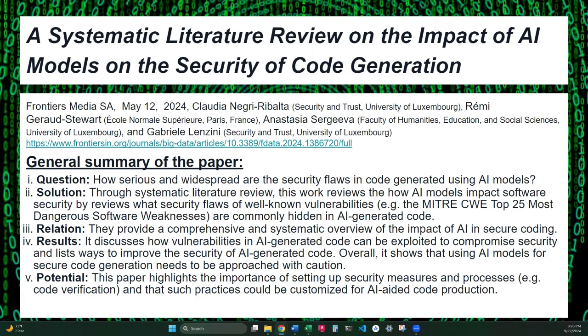But even though AI is not necessarily secure, does it perform better than humans doing the same tasks? This paper also discovered that when generated with AI support, different programming languages have different security performances.